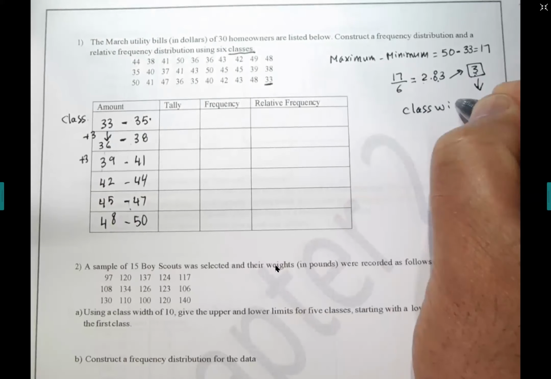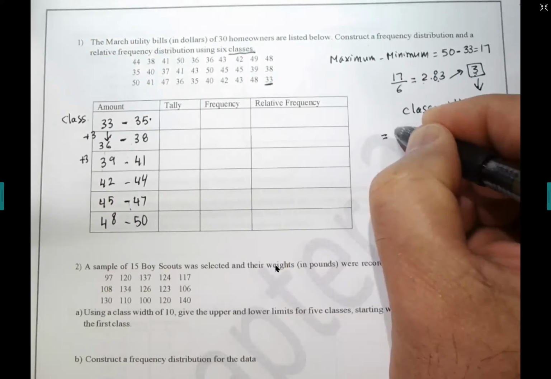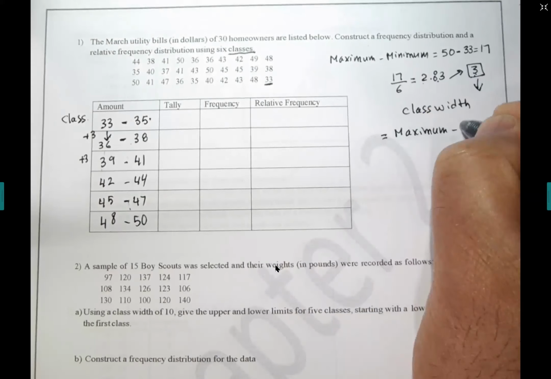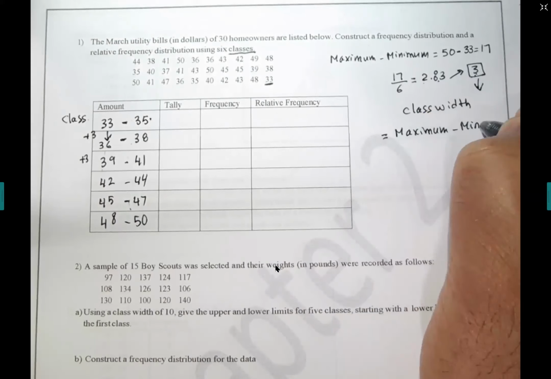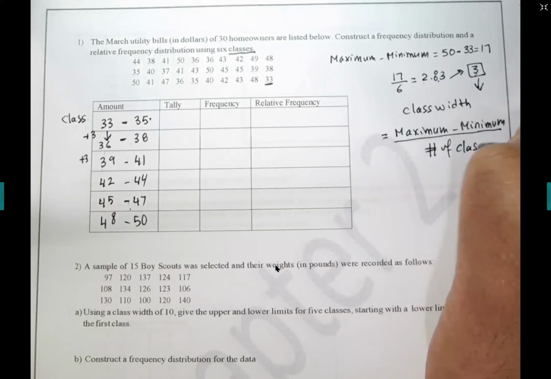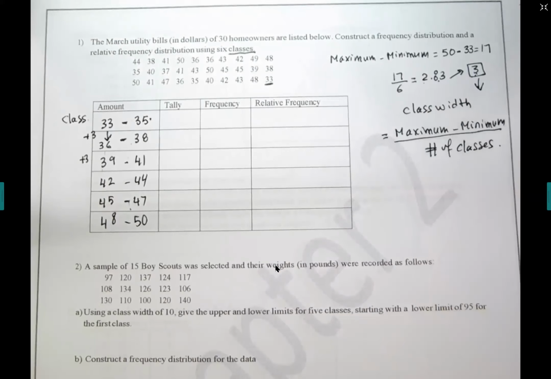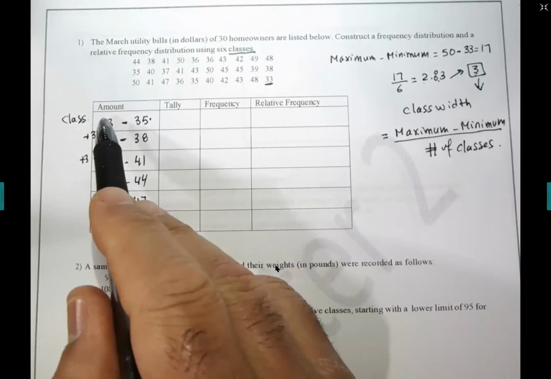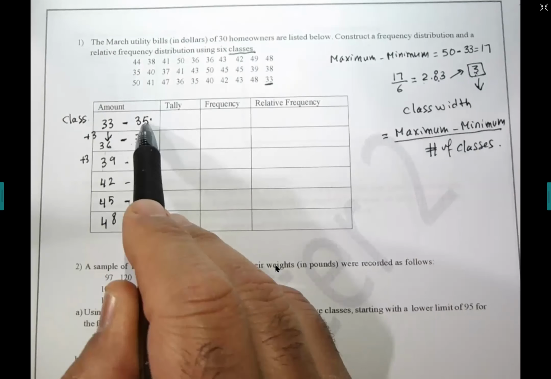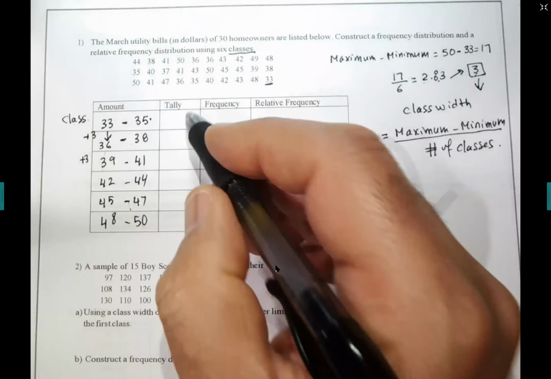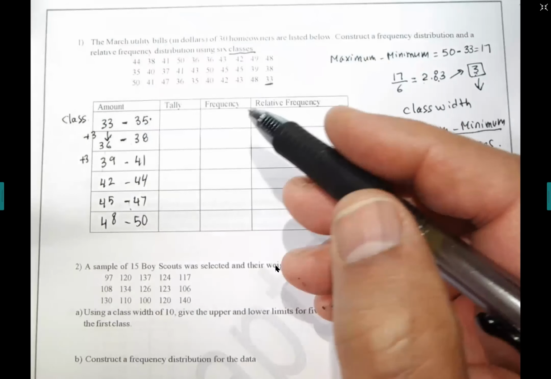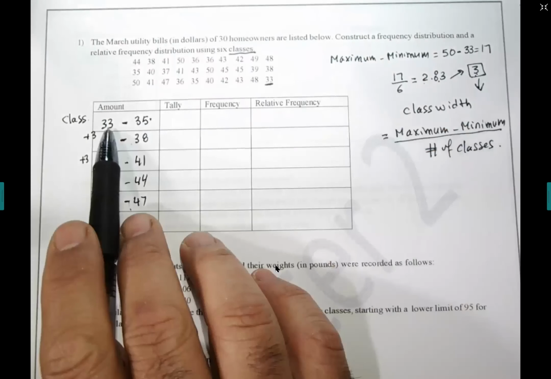So the formula for the class width is maximum value minus minimum divided by number of classes. And that's what I did. This is the class width. In order to construct a table, you need the class width. You begin with the lowest value and start adding this class width here. We got 36. The number that is before 36 is 35. You put it here and then add a 3 again. Now the tally, guys, if you like to use it, fine. If not, it's okay. I need to figure out how many values are there between 33 and